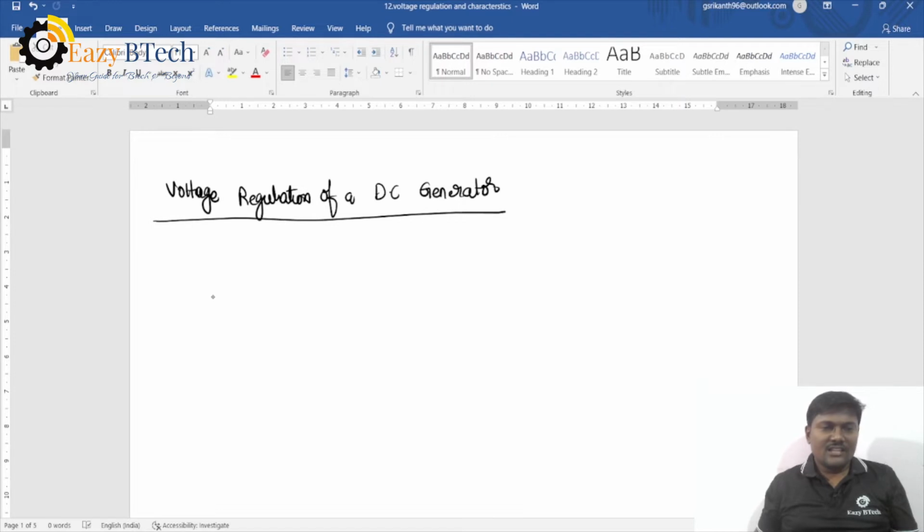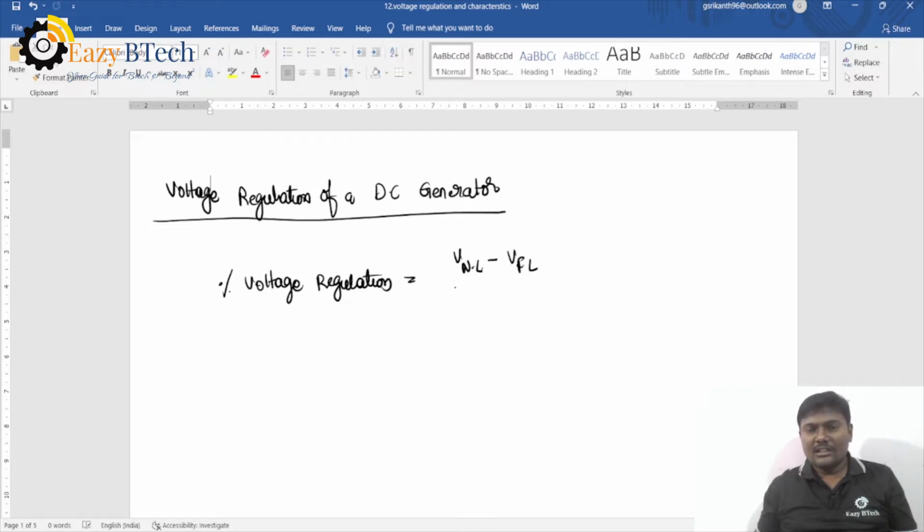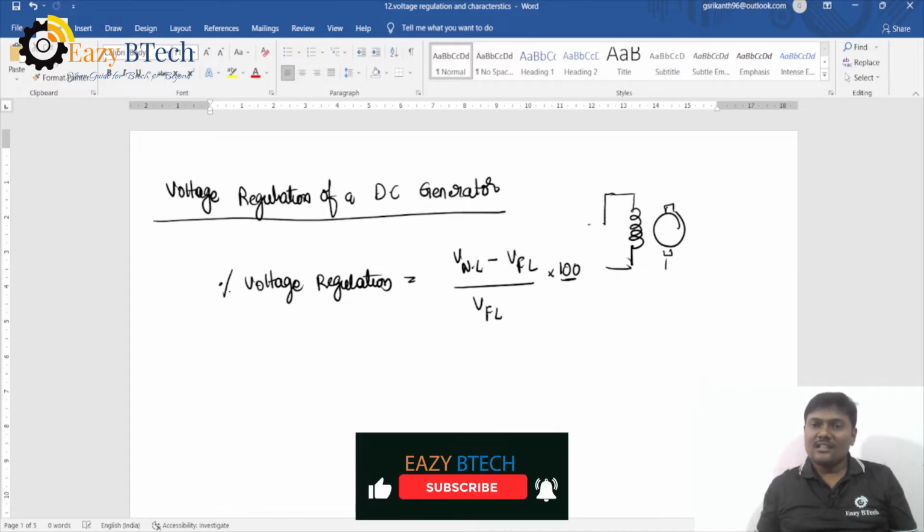It is the change between no load terminal voltage and full load terminal voltage, divided by full load terminal voltage, into 100. Under no load operating condition, if I am taking a separately excited DC generator,